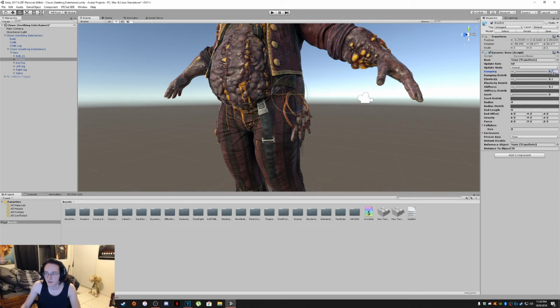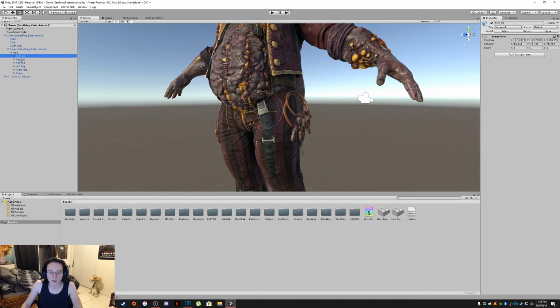And the best values that I find for accessories moving on dynamic bones is 0.5 as the dampening, leaving the 2 alone in the middle. And the inertia you want to set as 0.9. At least I think inert stands for inertia. So having these values seems to work pretty well, and you just want to make sure that keybot is dragged into the root here. And then the belt will also make the belt move, see if there's any additional bones,